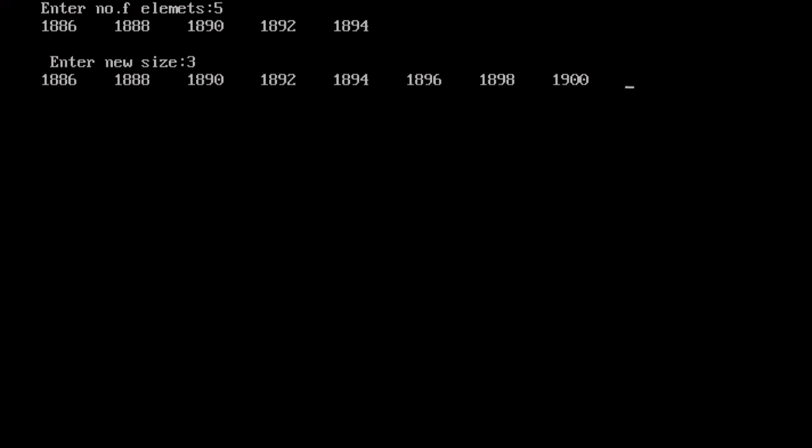So see, 86 and 87 for the first element, 88 and 89 for the second element, 90 and 91 for the third element, 92 and 93 for the fourth element, 94 and 95 for the fifth element, 96 and 97 for the sixth element, 98 and 99 for the seventh element, and 100 and 101 for the last, eighth element.